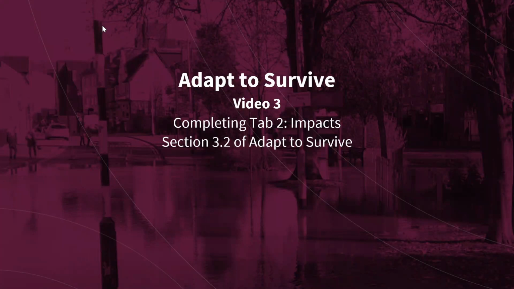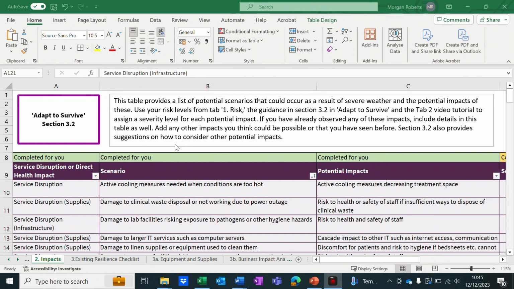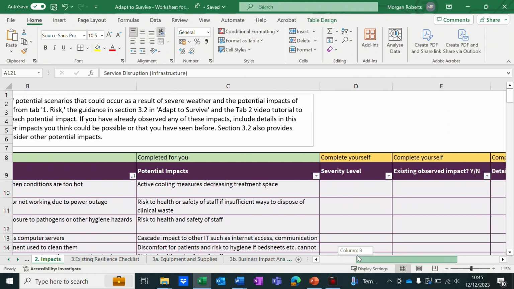This video talks you through completing tab 2, Impacts, in the Adapt to Survive worksheet. This has a written guide corresponding in section 3.2 of Adapt to Survive. This is tab 2, Impacts. In this tab, you'll assign a value from 1 to 4, showing the severity of each of the potential impacts